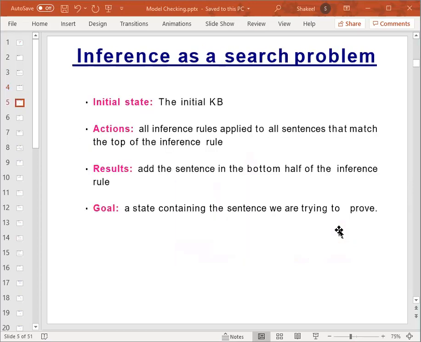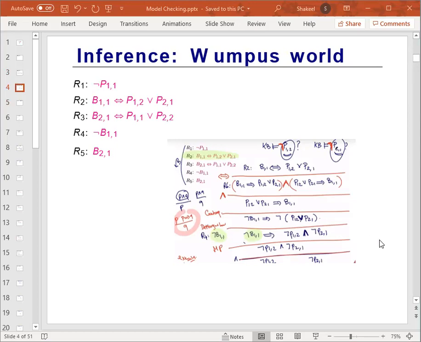So I start to see things coming up. I have P implies Q and I have P in R4. So I am going to write R4 here. R4 is what? I have the negation of B11. Check this out. We have the negation of B11, we have P implies Q, so I could use modus ponens, this rule here, to infer that I have the negation of P12 and the negation of P21.